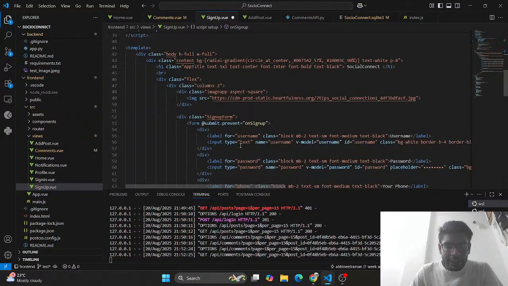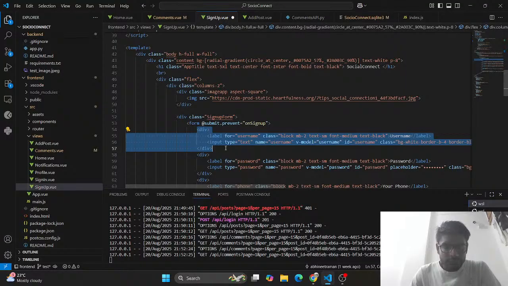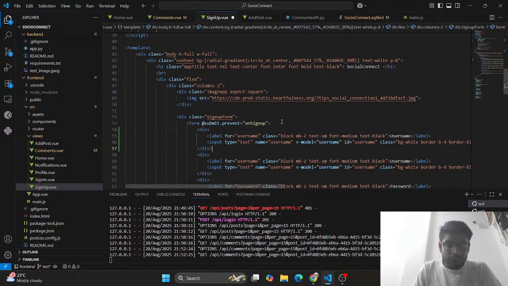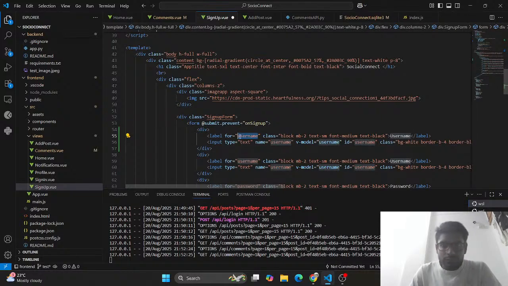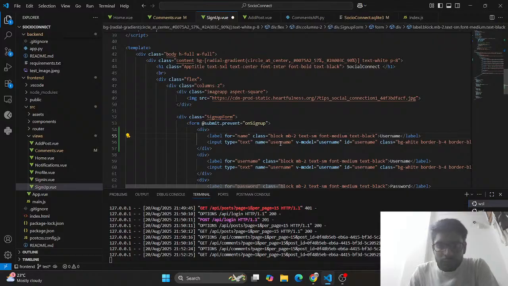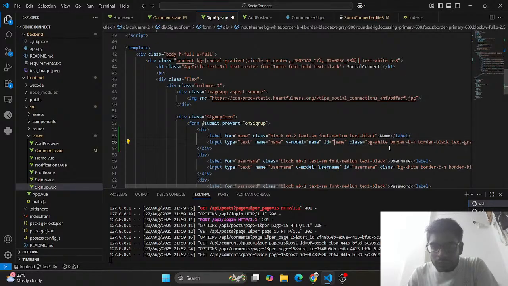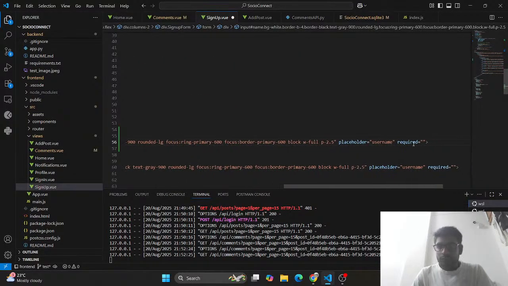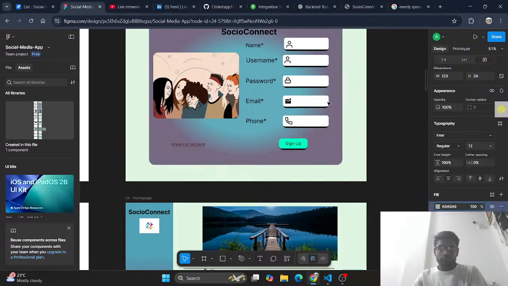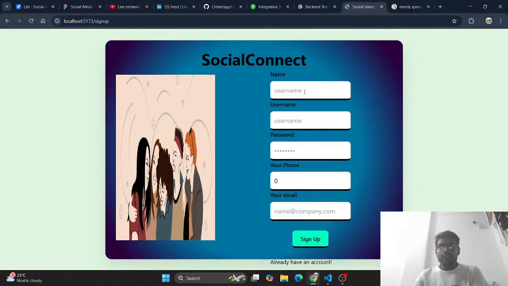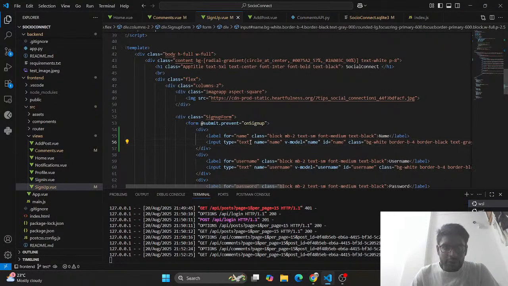The form, we will add name first. So name is also added, which contains first name, last name, and whatever it has. Now the form requires some sort of